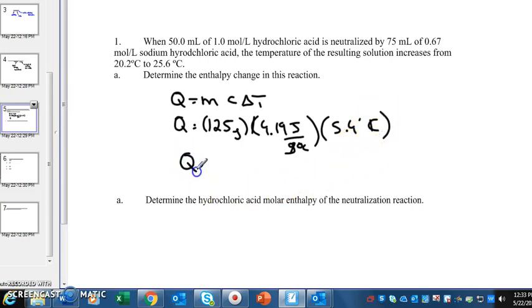So that total amount of enthalpy change, when you multiply those all together, is 2,828.25 joules, or we could simply say that this is 2.83 kilojoules